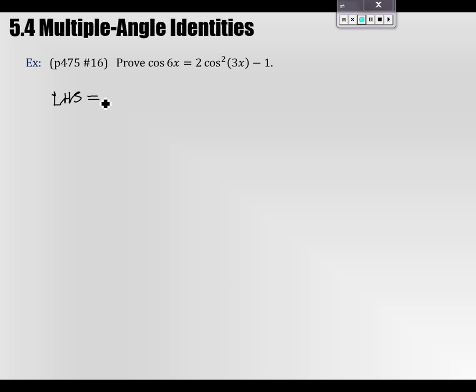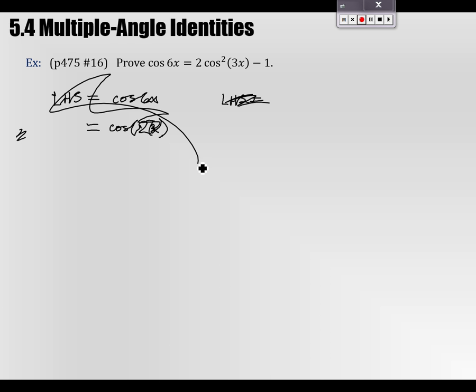So the left-hand side is equal to cosine of 6x. That's terrible. I don't know how to... This board, man. All right. Is equal to the cosine of... Yeah, that's gonna really work well, huh? 2 times 3. Oh my goodness. I don't know what to do with this board. Go to the whiteboard. All right, people online, sorry, I'm going over to the whiteboard. All right. So cosine of